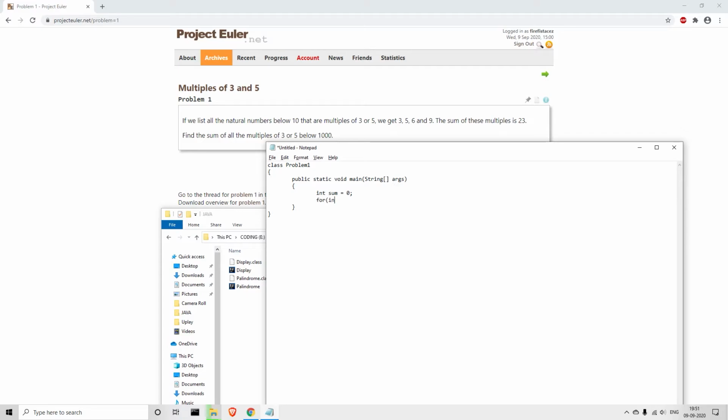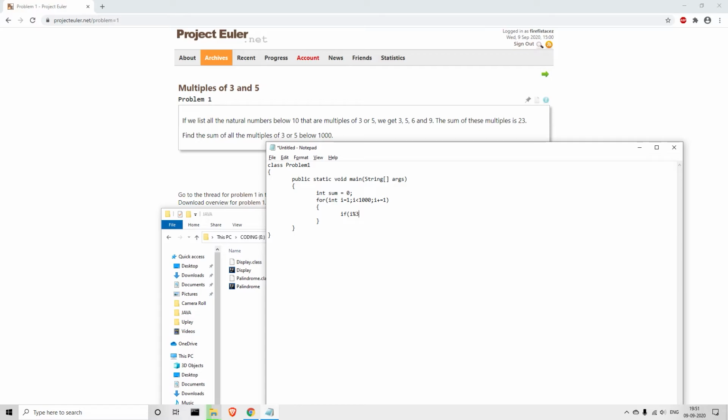Using a for loop, we'll do that. For i equals 1, we'll start with 1 because 0 is pointless. It should be less than 1000 and i plus plus, so it should increment. We initialize, then the condition, then the increment statement, and then we write the statements inside the for loop. It has to check if i modulus 3.